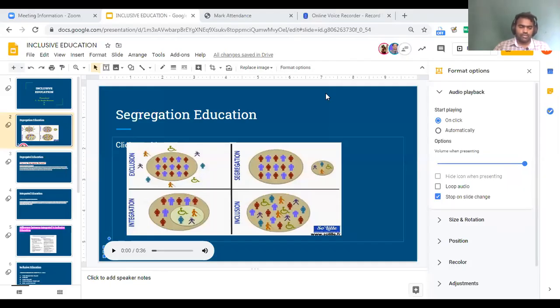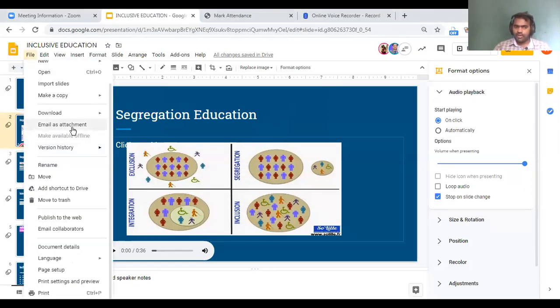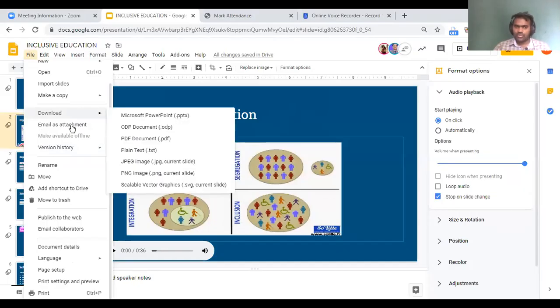Good morning, sir. My doubt is regarding inserting video. Is there any limitation for inserting video, sir? No. Actually, you are not downloading the video. You are just embedding the video, so there is no limitation. But if you are downloading it, it will be simply a link only. If you are downloading this as a PDF after inserting many videos, that video wouldn't be downloaded. The video would be like a link only.